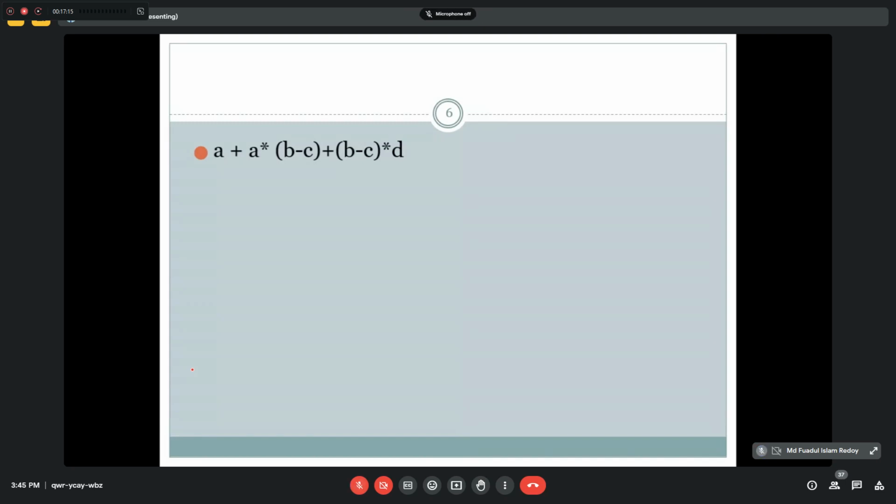Okay. Just look, now I am going to draw the DAG, that means directed acyclic graph. At first we need to perform the parenthesis one, that is B minus C. The left child is B and the right child is C. B minus C. Is it? Yes, sir. One thing I want to mention again, like the syntax tree,